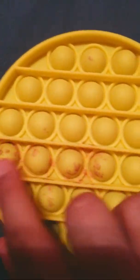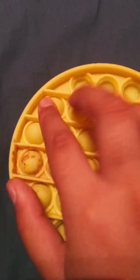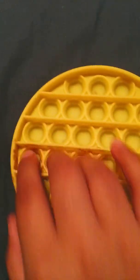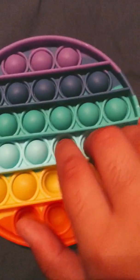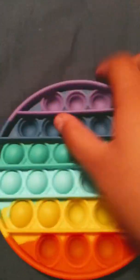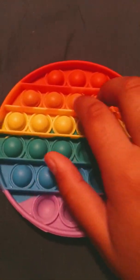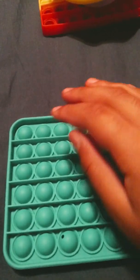Then I have this yellow poppet. This is clay, by the way, because my friend that I traded it with, she accidentally left clay on it, and it got in it. So, yeah. Then we have this circle rainbow poppet. Then we have another one of the circle rainbow poppet. Then we have this square one, like